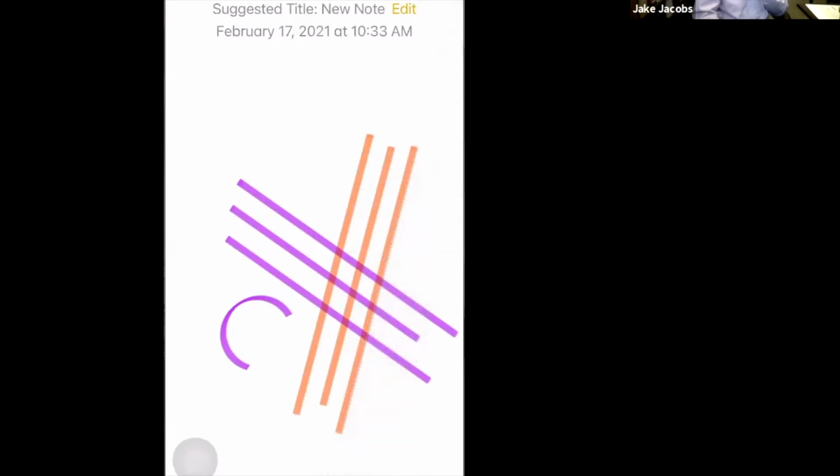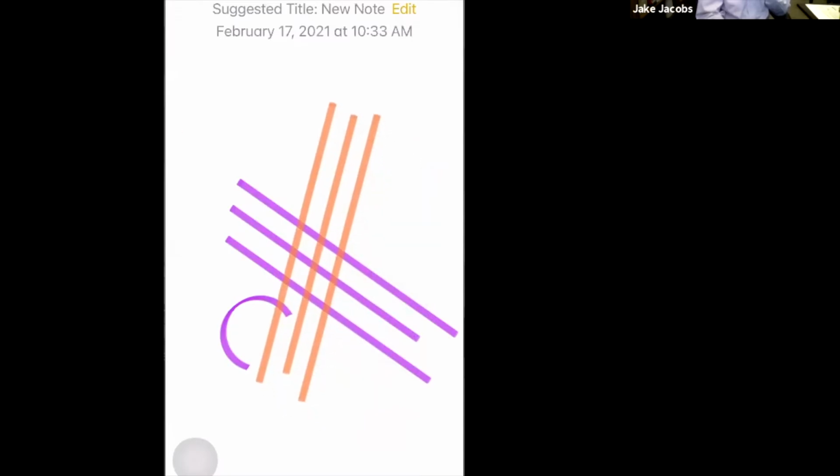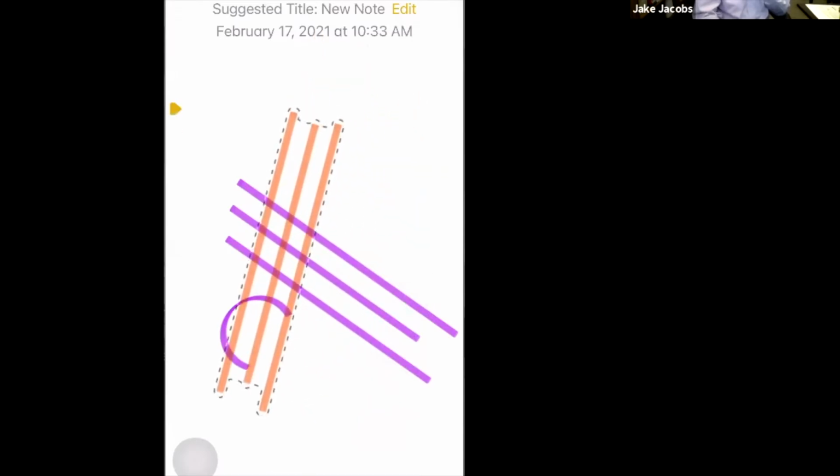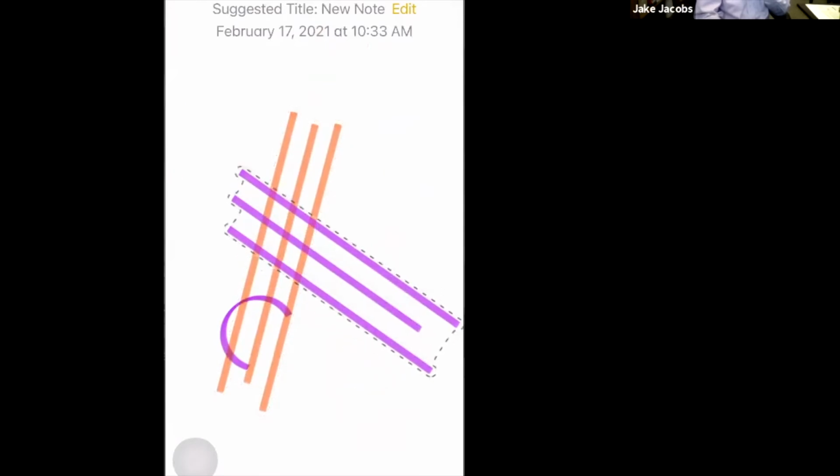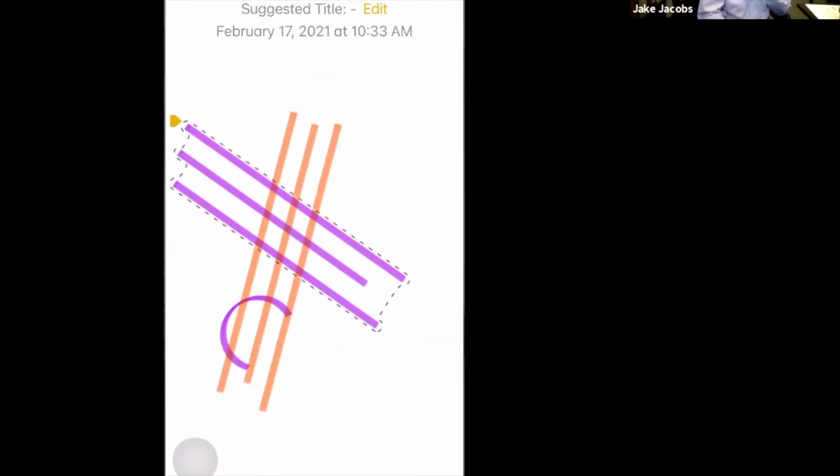I can tap on the ruler down here and get rid of it. And now I've got these lines, and I can, again, do the selection. So if I wanted to move just the orange ones, I'll select just the orange ones and move them. Or if I want to select just the purple ones, I can move them. Or if I want to select just the right-hand orange and purple, I can just select those two and move